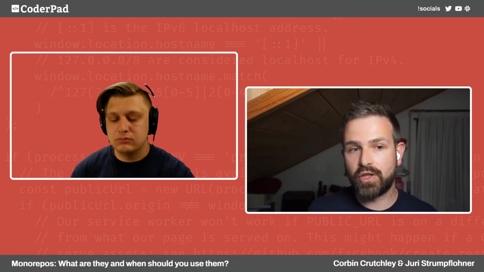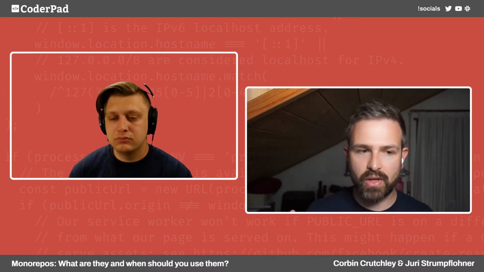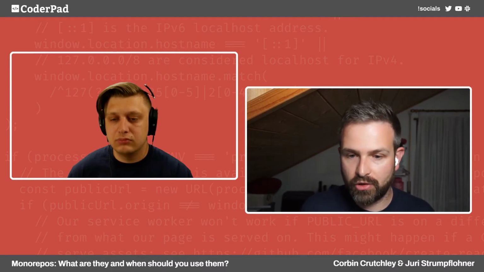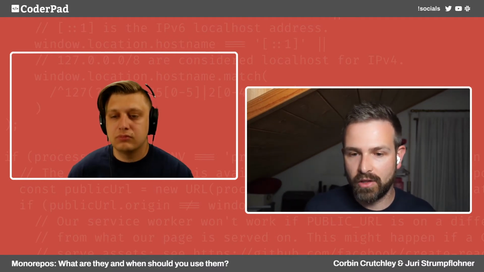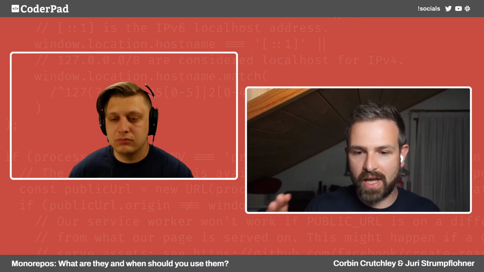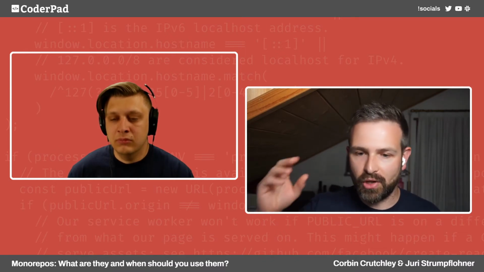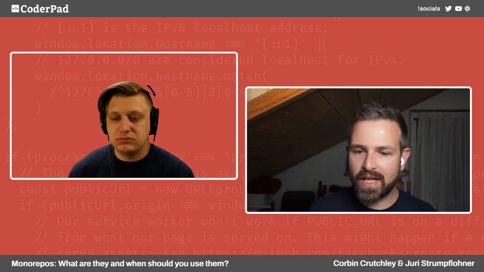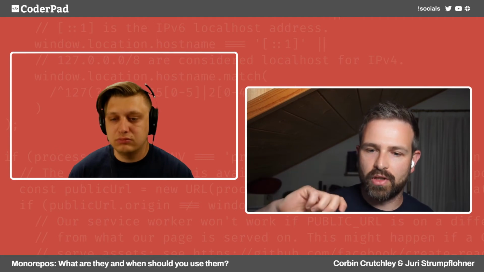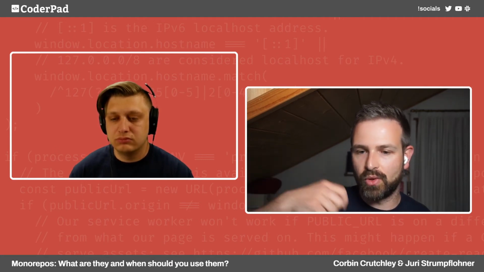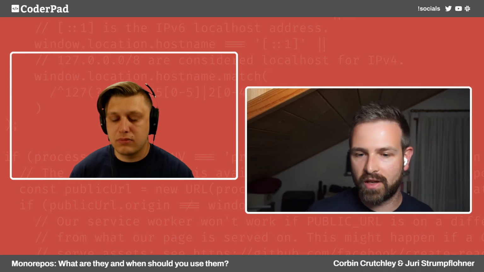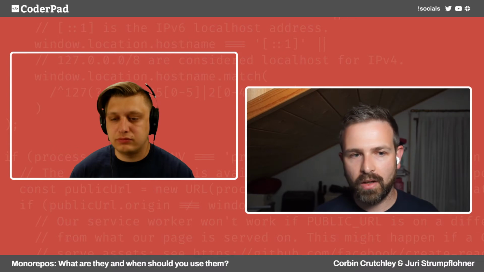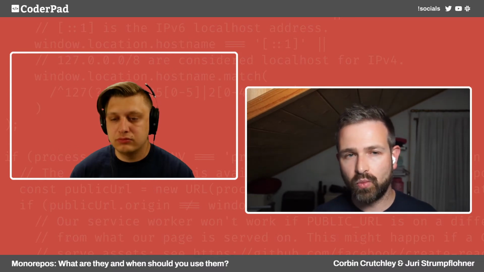And then there are features that you get out of that, because with NX, what we also have is the distribution part. The caching by default is just local on your workstation. What you want to have is primarily on CI, because that's where usually the pain point is, where PRs are slow to merge and super slow to merge in. That's where you want to have that caching in place to feed the cache with new data, such that you as a developer then benefit from it by pulling down what has been built on CI, but also just to speed up CI itself. So yeah, those are the main features, and probably the biggest.